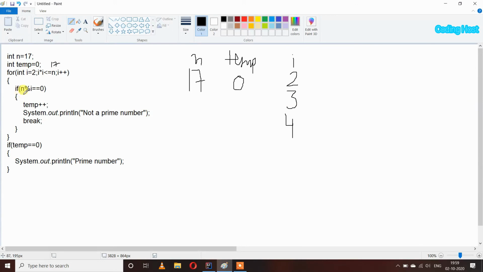Now we will check that n modulus I equal to 0. So n is 17 and I is 4. When we divide 17 by 4, the remainder is 1, which is not equal to 0. So our condition is false and it will not execute the statements inside it. After that, I plus plus. So now I will become 5,